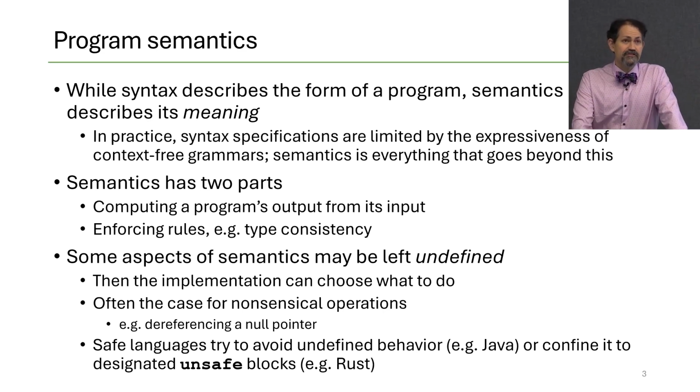Some aspects of semantics may be left undefined by a language definition. In those cases, the implementation can choose what to do. And sometimes giving the implementation more choices allows the code to run more efficiently. This is often the case for nonsensical operations. So dereferencing a null pointer is undefined semantics in C, and it's up to the programmer to make sure that